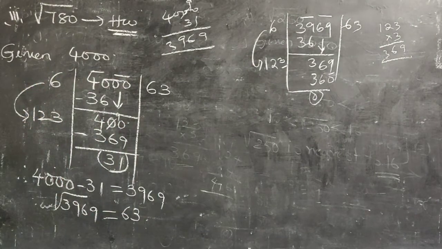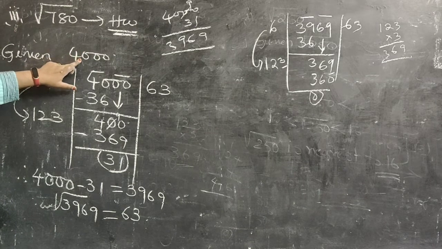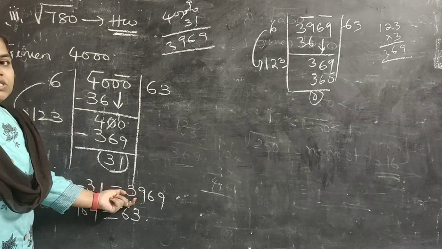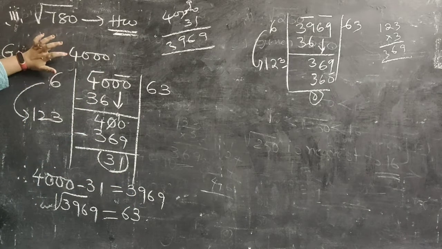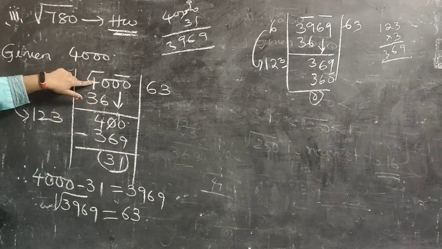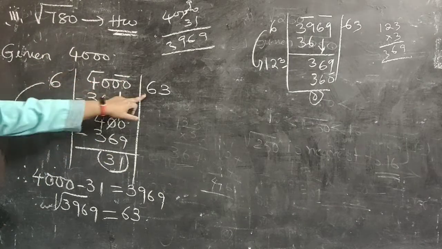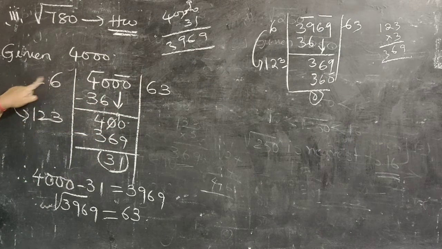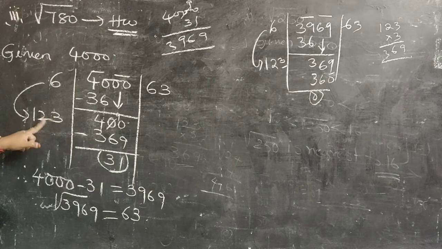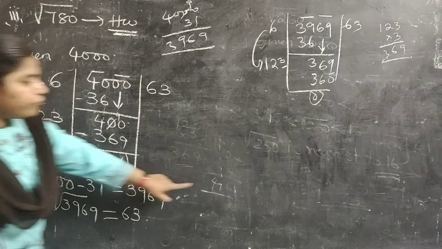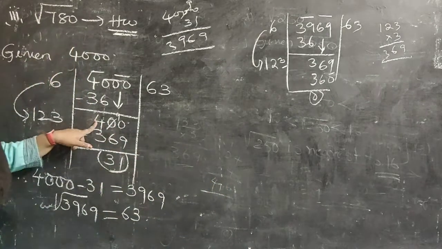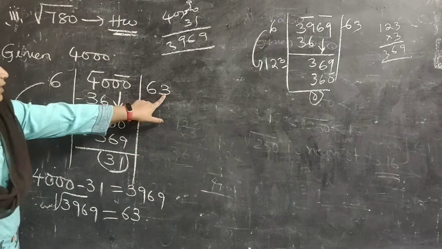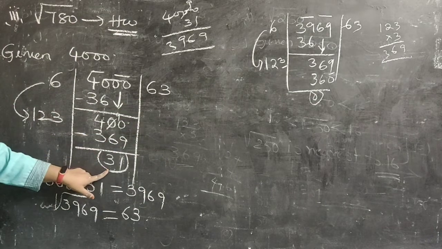So what we did? They have given 4000. Which number you have to subtract to make the result a perfect square, they are asking. So I did the long division method on 4000. Pair these values. 6 6s are 36. Subtract this 4. Bring this whole pair down here. 6 doubled is 12. I am taking the last digit as 3 times. If you take 4 times, you get 496, that is more than 400. So I have to take 369. 123 3s are 369. So you got the remainder as 31.